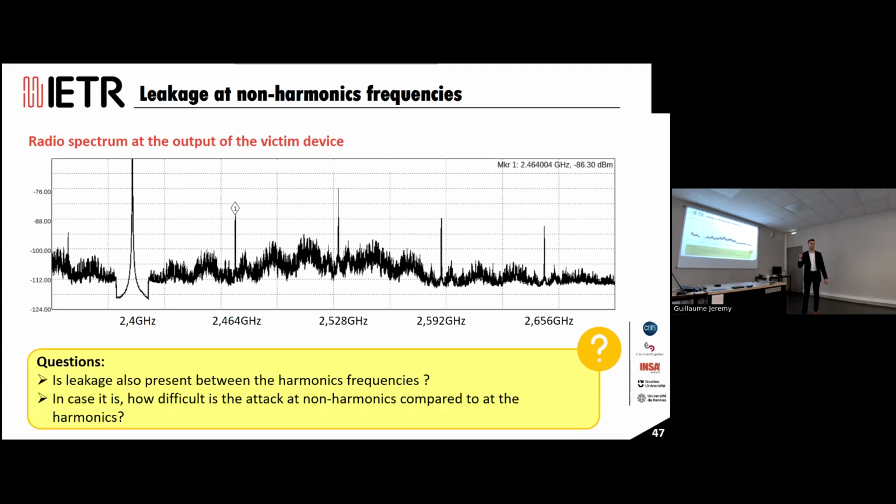So one question is, can we demonstrate that the leakage is also present at non-harmonics and not only at the harmonics? And if leakage is also present there, a second question is, how difficult is the attack using non-harmonics compared to using harmonics? To answer the first question, which consists of evaluating the leakage presence over the spectrum,